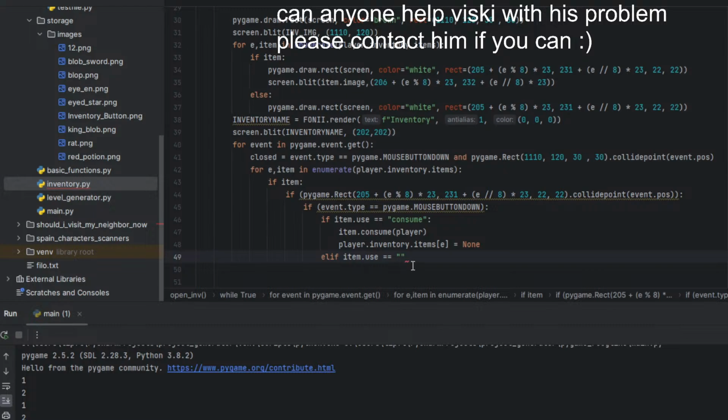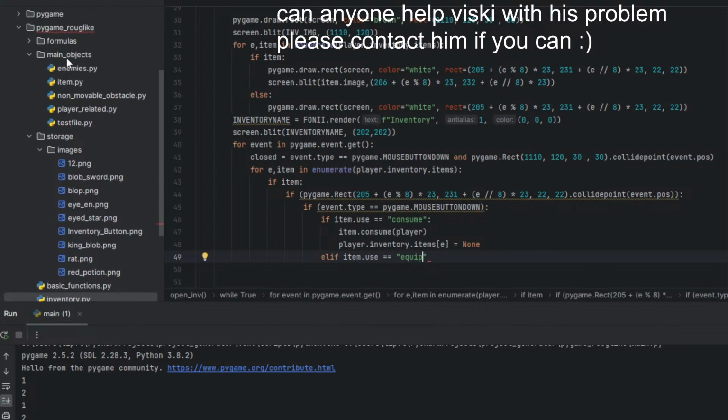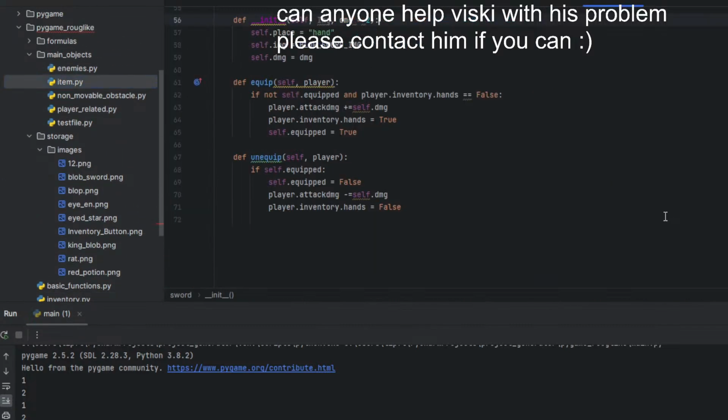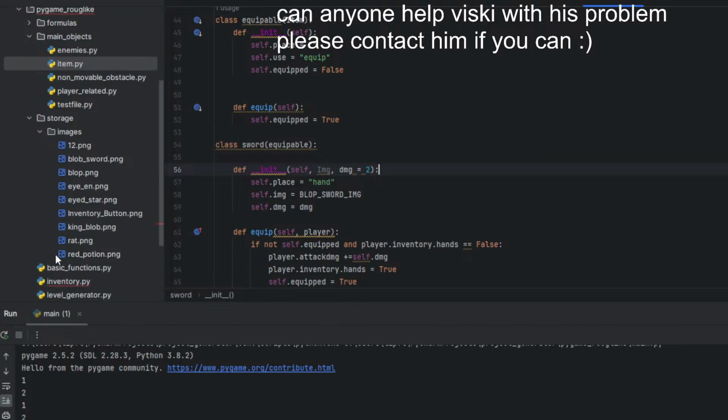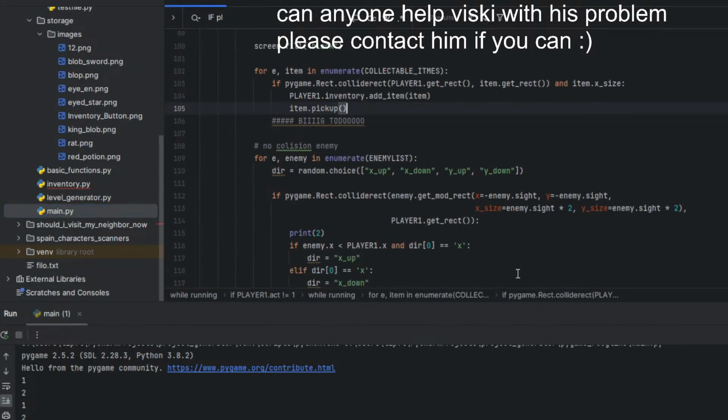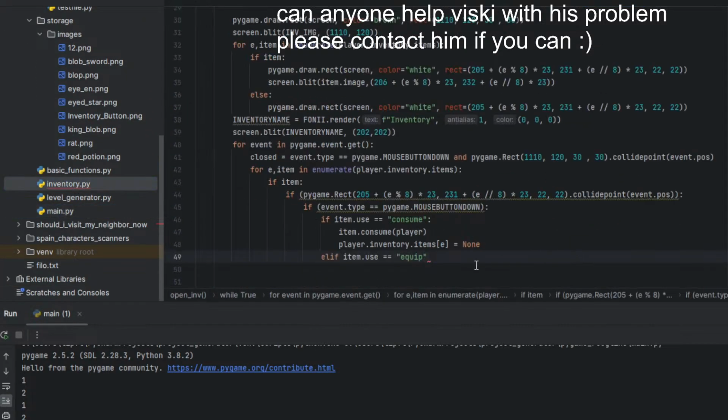Yeah, where was I? Item.use equals equip. I have a really bad short-term memory. It is equip, so okay, main.equip, inventory.equip, item.equip.